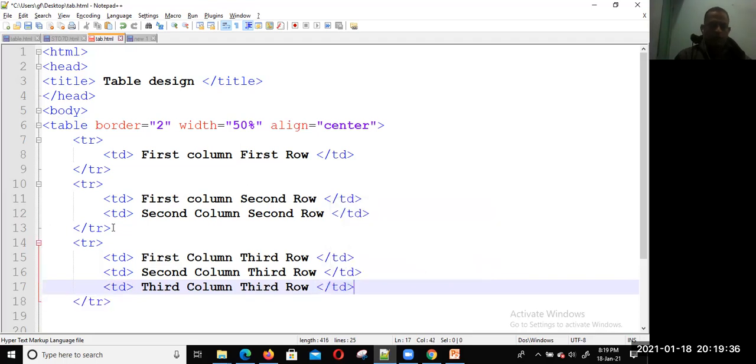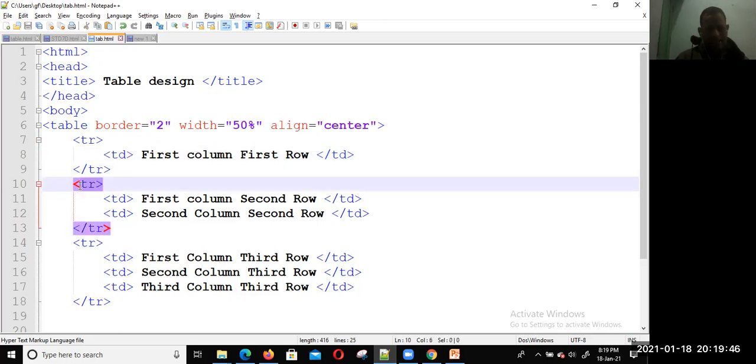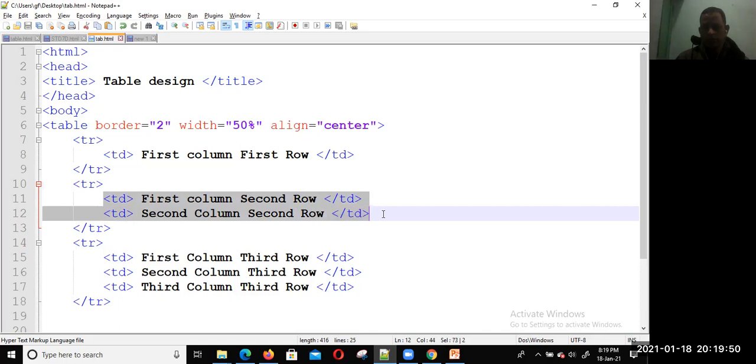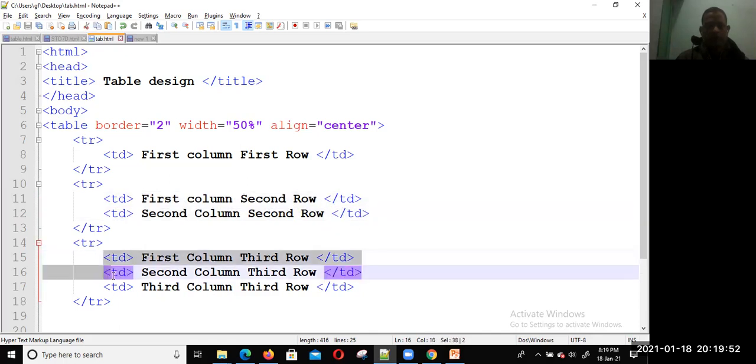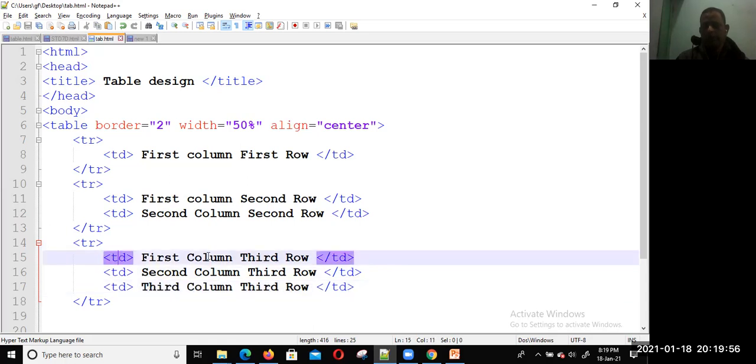Now see how the output looks. It is clear: in the first row I have created one column, in the second row two columns, and in the third row three columns. td stands for table data, td open, td close. This is a single column.